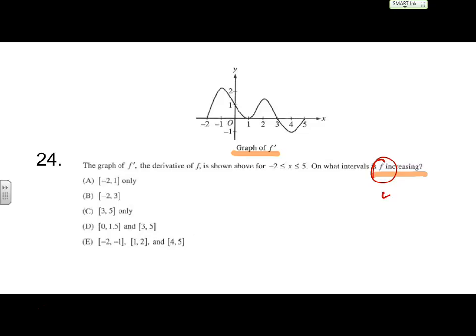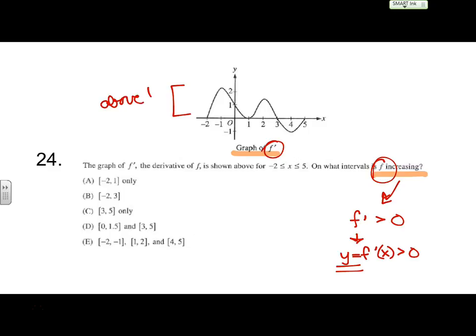Coming back, what do we know from our forever cards about when f is increasing when thinking about f prime? f prime is positive, so y equals f prime is positive, which means the y values have to be positive, which means above. Y is greater than 0 when above. This is f prime of x, so the y values are the derivative. So when is the derivative above? Some of you want to say cut it, but there's a debate, so we'll just include it. And the final interval is